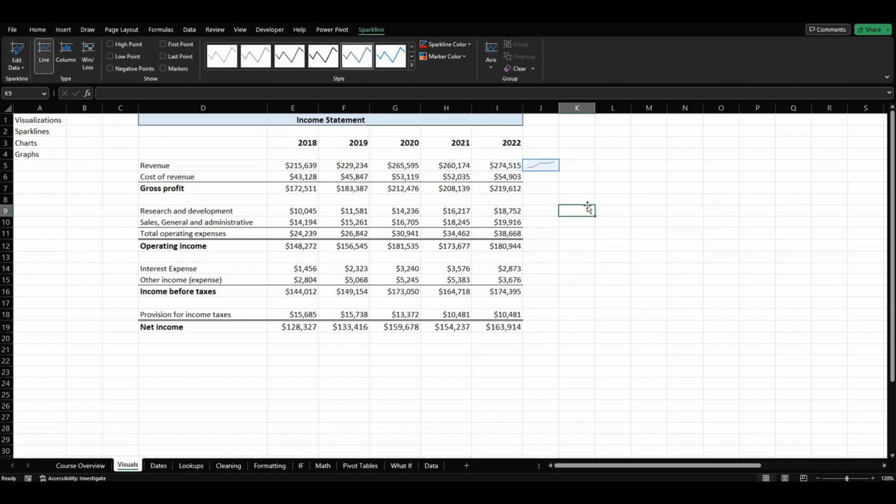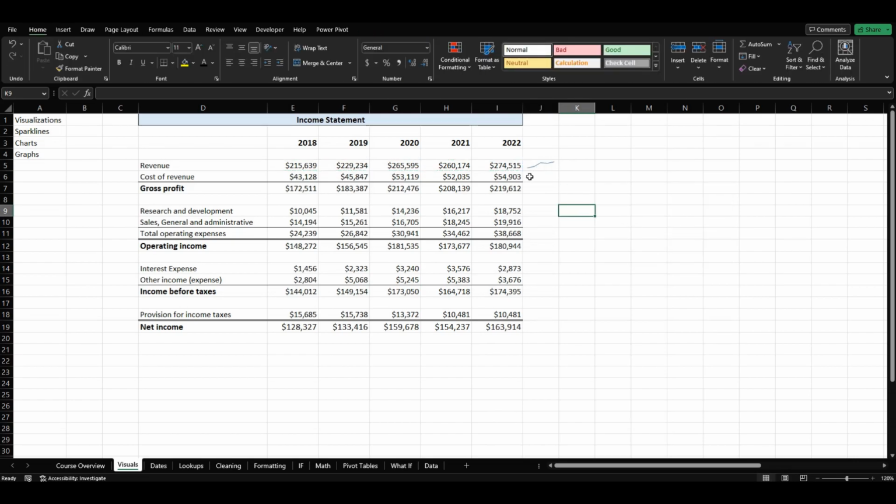And you can see that it populates this little line that gives us a good representation of what our data did here. And what we can do is we can click on that, drag that down, and it gives us a good representation of everything now. So instead of just seeing our revenue, we can see what's happening across the years for each one of our